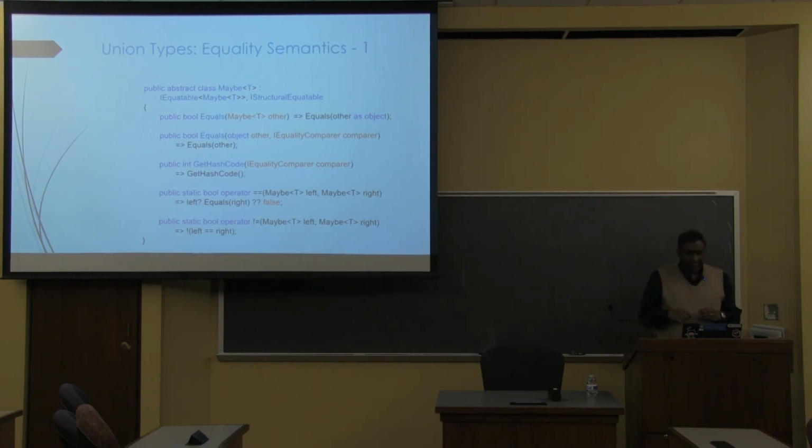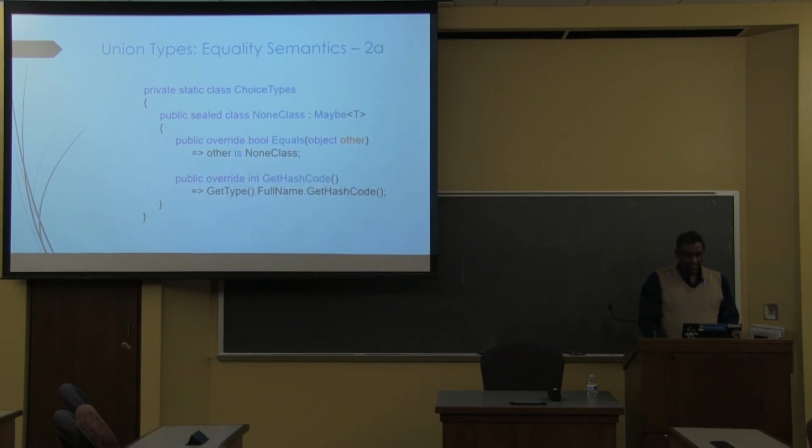And this is only part of the ceremony. This is on the outer class. The outer class must declare that it is going to be equatable to itself, and also it believes in structural equality, not reference equality. So you've got those 2 tags that you've got to put up there. And then you've got to write these 5 methods. And strangely enough, the 5 methods reference 2 methods that aren't there in this class, because those 2 methods are actually overridden in the derived class.